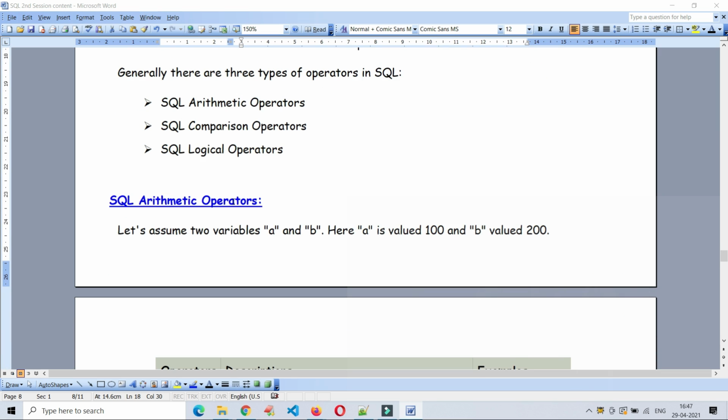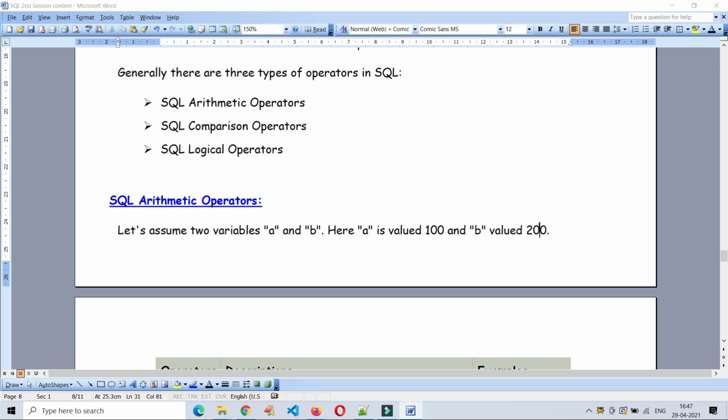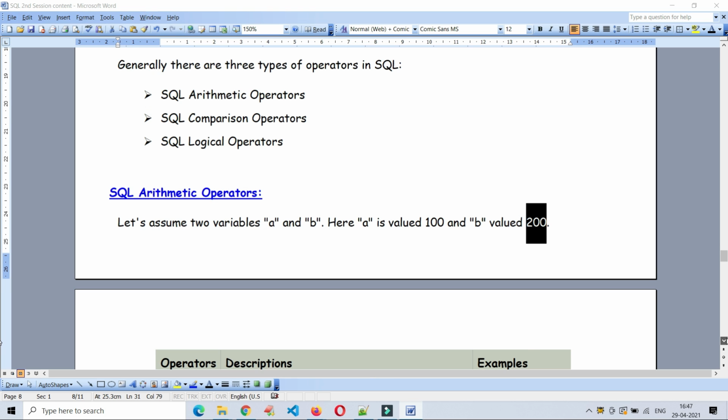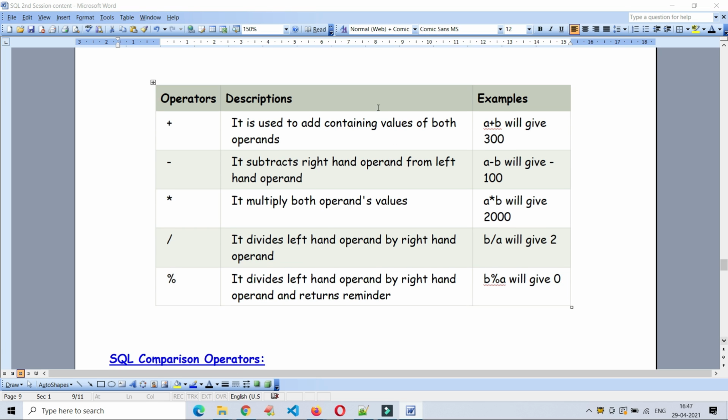SQL arithmetic operators. Just assume that A and B are 100 and 200 respectively. A value is 100, B value is 200. Let's see what is there in the table. This is one of the arithmetic operators. So what are all the arithmetic operators available in SQL? Plus, minus and multiply, this is divide and mod.